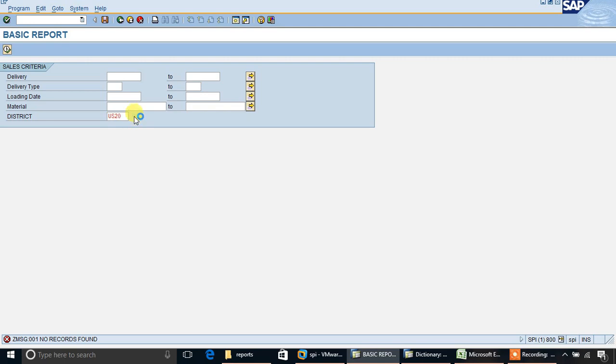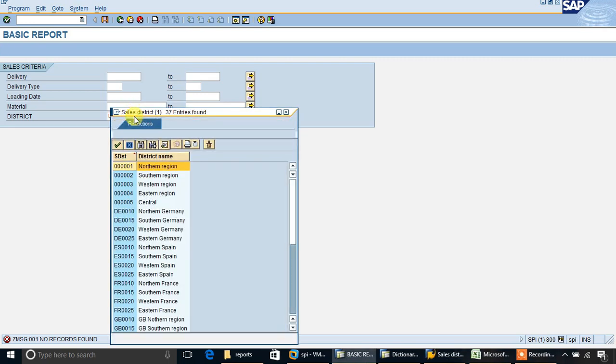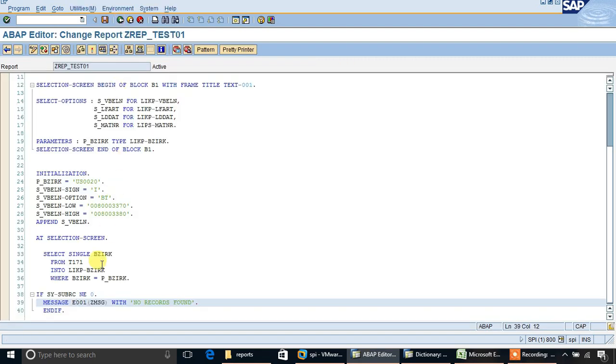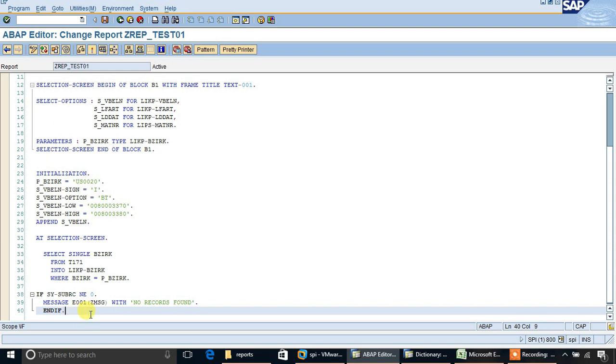Now I am giving proper input. Now execute. There is no message. Means the program goes further and, as I did not write further code, it stops. So this is the error message.